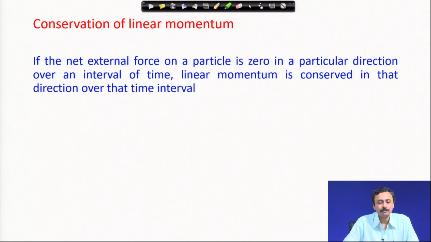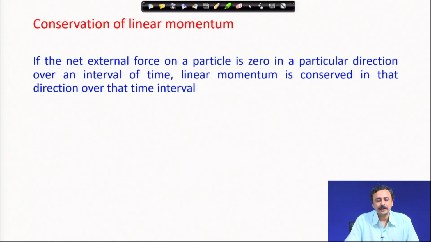Therefore, conservation of linear momentum: if the net external force on a particle is 0 in a particular direction over an interval of time, this is for a finite time interval, then linear momentum is conserved in that direction over the time interval. This is for an arbitrary time interval. Now, it can always happen that you choose a very specific time interval over which the area under the force time curve is 0, but that does not mean that momentum has been conserved, because it has to be arbitrary. I can arbitrarily choose my starting time and ending time, and if under arbitrary time ranges this does not change, then